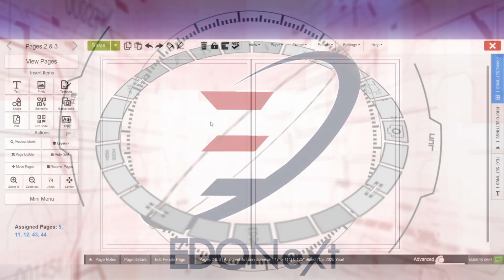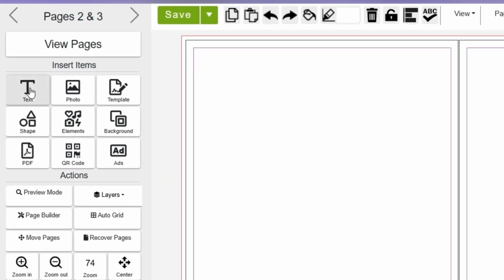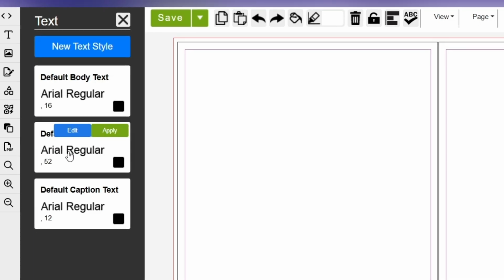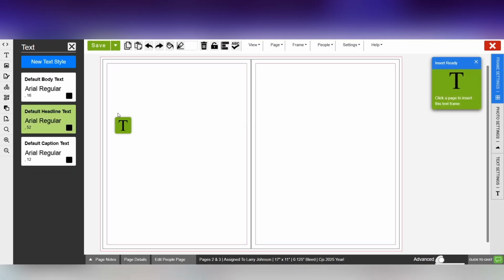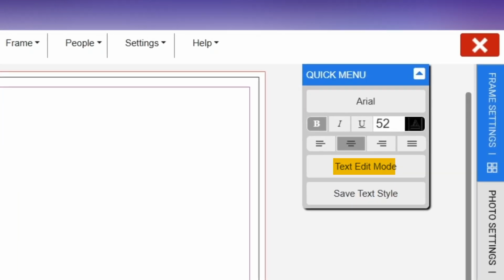In this video, we are going to go over all of our text tool features. In the designer, let's select our text tool, which will bring up a new window with some default text options. Simply select an option and place it on the page to create an editable text box. By double-clicking the text inside, or by using the text edit mode feature in the quick menu, you can begin